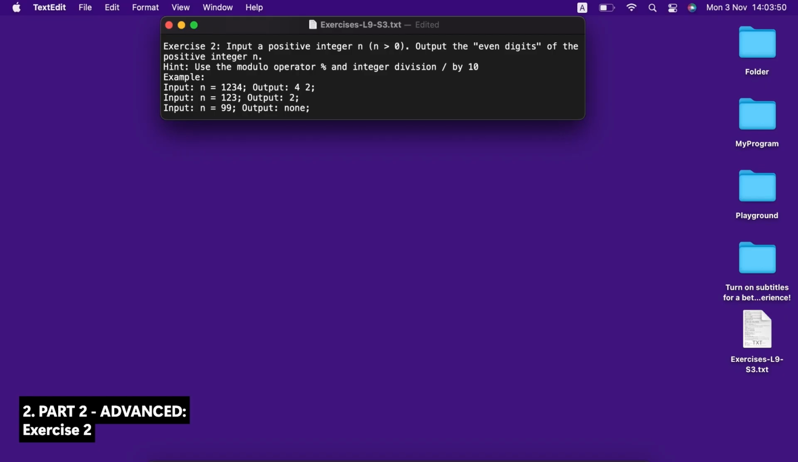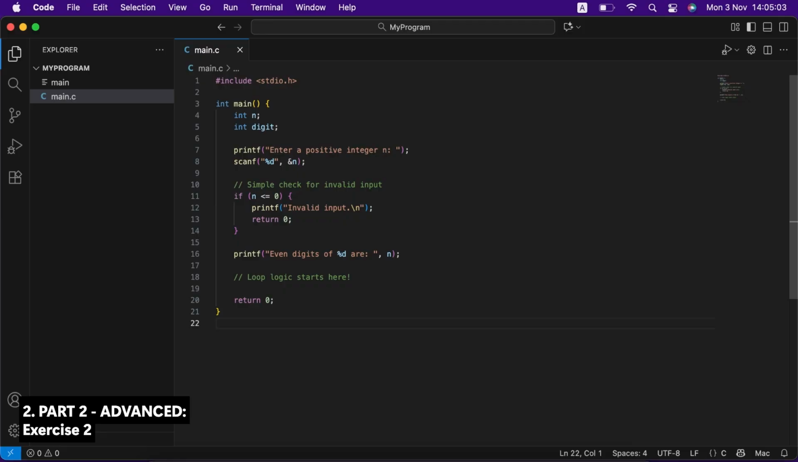1. The problem review and logic filter. Our challenge in Exercise 2 is to input a positive integer n and output only the even digits found within it. We reuse the core digit decomposition loop we just learned. Extraction: get the last digit using the modulo operator, mod 10. Modification: remove the last digit using integer division over 10. The new requirement is the filter. After extracting a digit, we must check if that digit is even. We do this using the modulo operator again. If digit mod 2 is equal to 0,